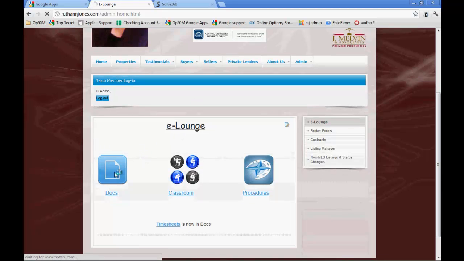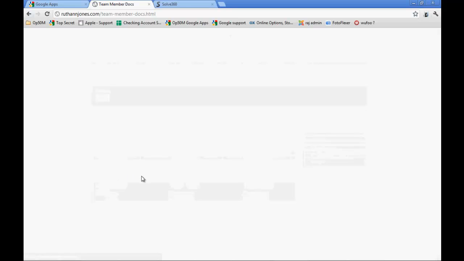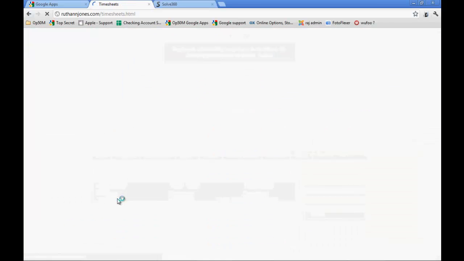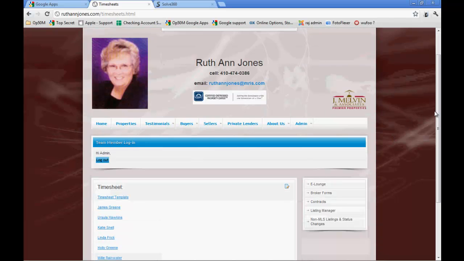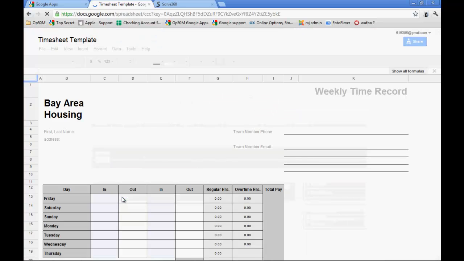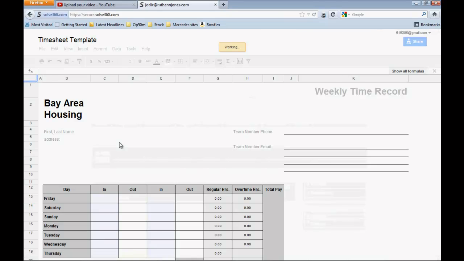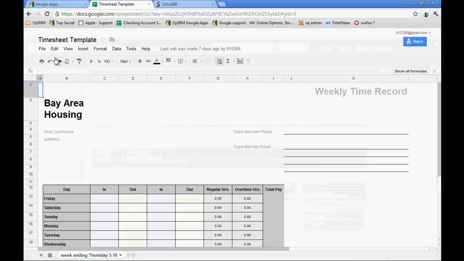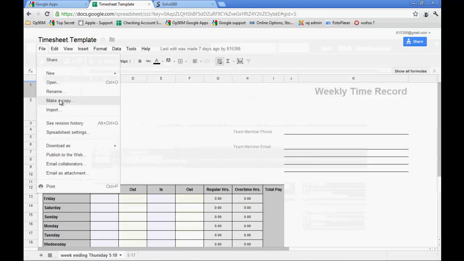and in the eLounge documents is the timesheet. So click on timesheets. That brings up the timesheet document, and you want the timesheet template. So notice, first thing you're doing here after you open it is you're creating a duplicate of the template. So go to File, make a copy,